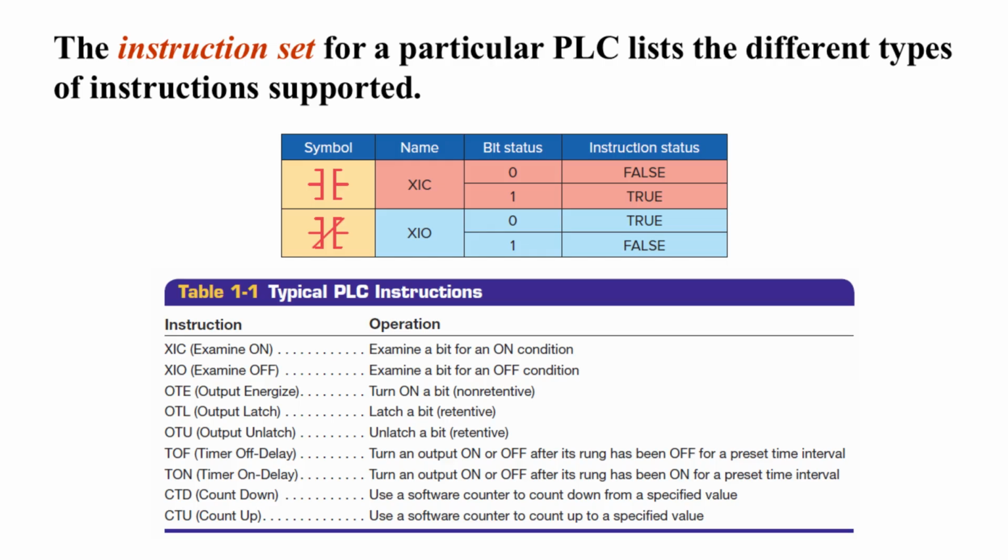Finally, there are counters, such as count up, CTU, and count down, CTD. Counters allow the PLC to keep track of how many times an event occurs. CTU counters might be used to count how many bottles have passed on a conveyor line, while a CTD could be used in applications where items are removed from an inventory or a batch count needs to be reduced step by step. These instructions may look simple individually, but when combined, they become the building blocks of very complex and